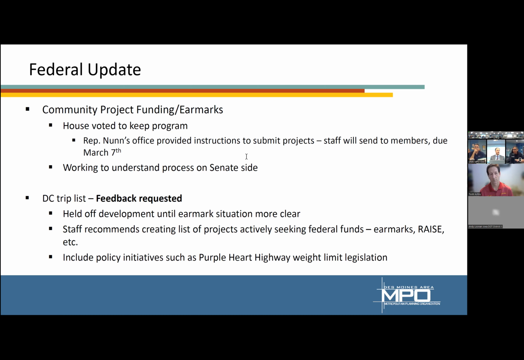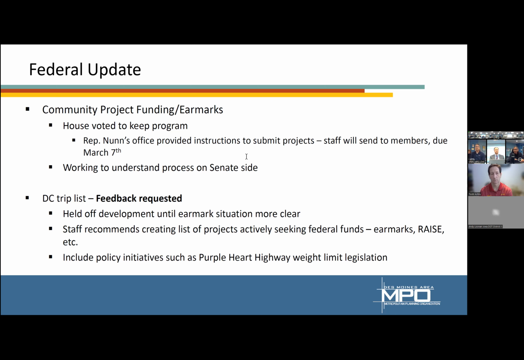Yeah, I mean, that should be the number one priority. But rather than doing a big cattle call for, hey, give us whatever your priorities are, we just want to limit it to just those projects that are actually in front of people in DC. It's the last year we get to apply for the RAISE grant to finish that road. I would think that should be the number one priority to get that road completed. And Representative Nunn should know that, and that should be our number one ask from him to get that road completed.